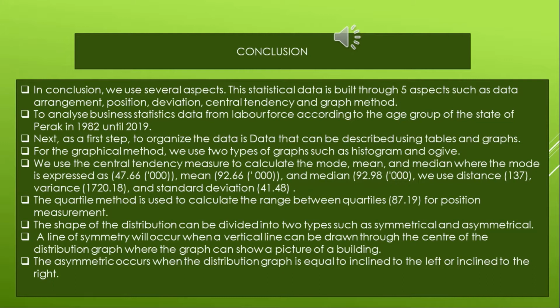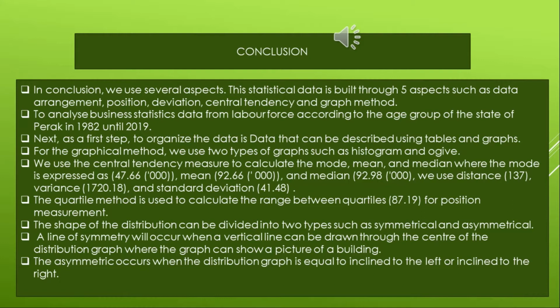We use the central tendency method to calculate the mode, mean and median, where the mode is 47.66, mean 92.66, and median 92.98. We use the range 137, variance 1720.80, and standard deviation 41.48. The quartile method is used to calculate the range between quartiles